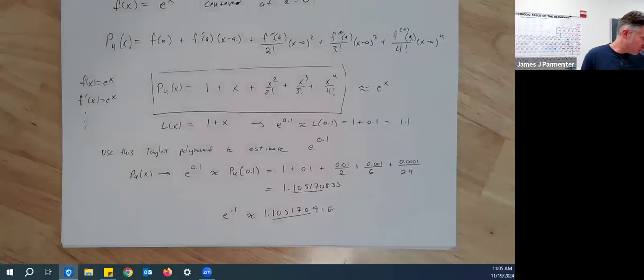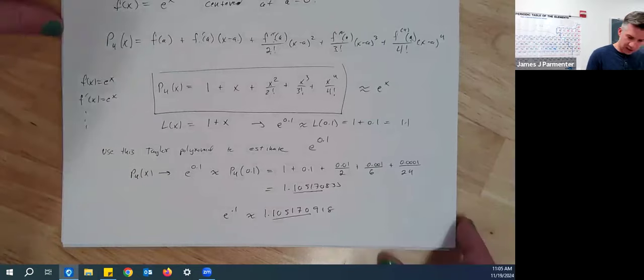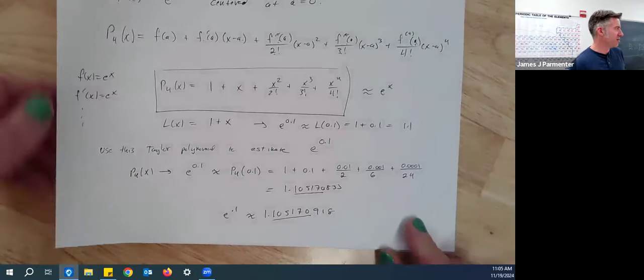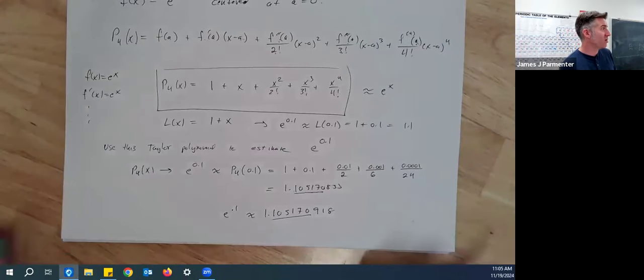Okay, so yes, let's get back around to talking about graphing stuff. And I think we should probably begin to talk about L'Hopital's rule today as well, because